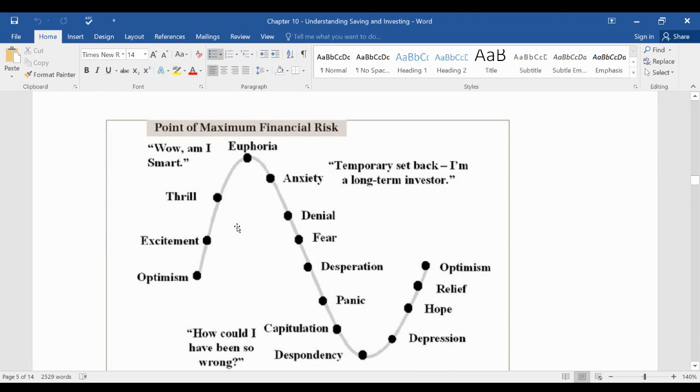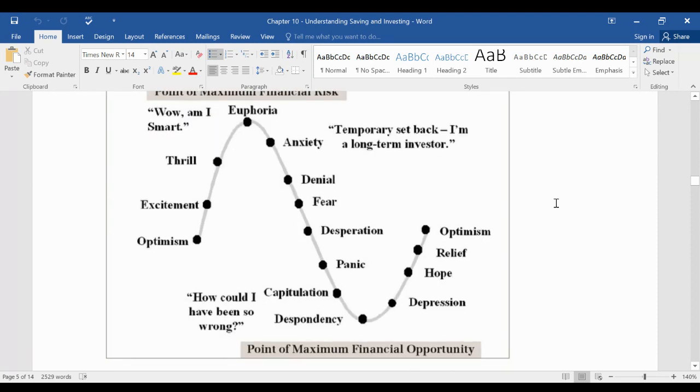Okay, so here this is like the sine curve of the financial markets. As we rise up, there's optimism, excitement, a thrill, everybody's making money, and a lot of people confuse a bull market with being smart. You are smart if you're selling into this enthusiasm. As we roll over, the anxiety creeps in, and then eventually there's the selling. It's at that point where it feels like there's no reason to ever be in the market. That's when you want to start buying. Okay. And eventually there's going to be depression, but there's going to be a little bit of hope and a rise in optimism. And you want to buy into despondency and sell into euphoria.